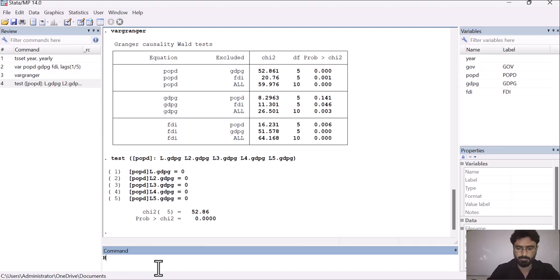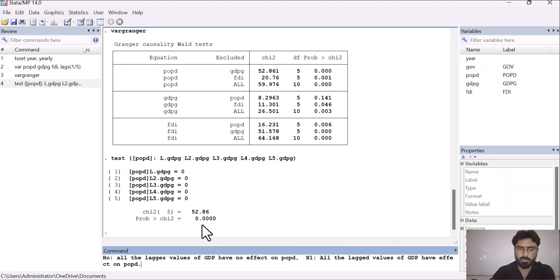So H naught is all the lagged values of GDP have no effect on POPD, and H1 is all the lagged values of GDP have an effect on POPD.